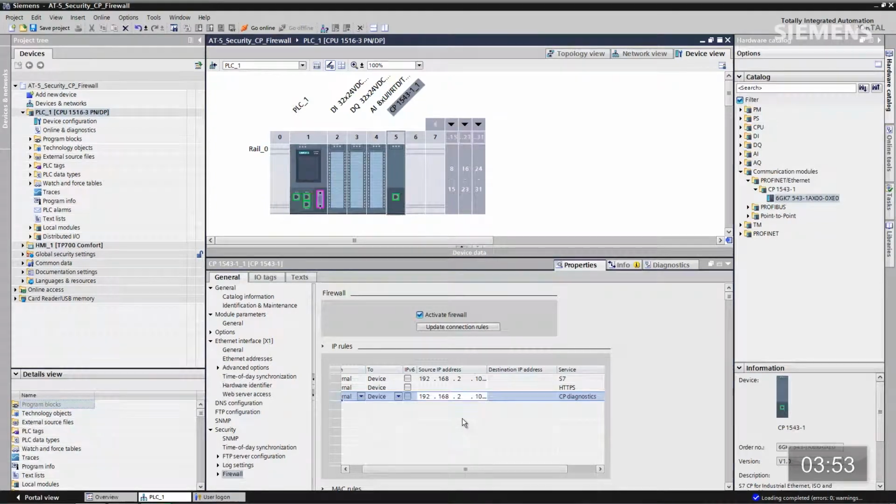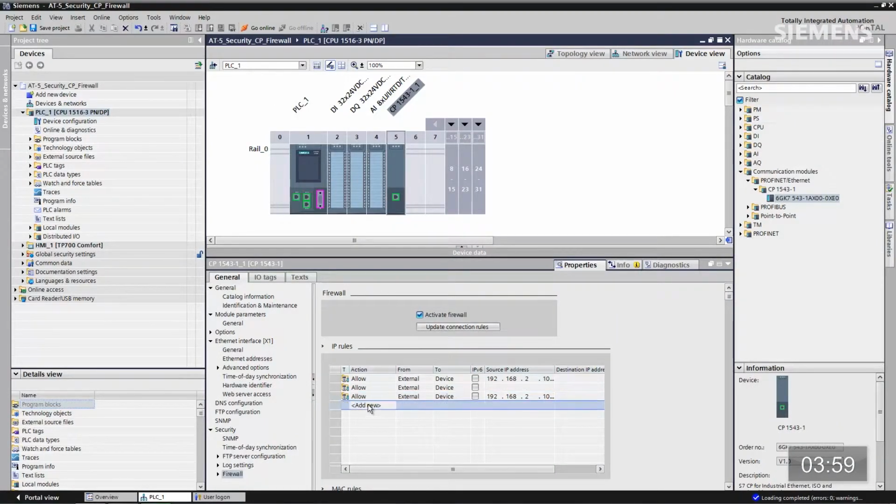I want to do the same thing for the diagnostics as well. 192.168.2.100. All right, and I also want to add a new rule as well. So let's go back to the beginning, add new, double click on it, click on drop, and scroll over and go to logging. That way I can see any other IP address that's incorrect that's actually tried to access the actual S7 connection